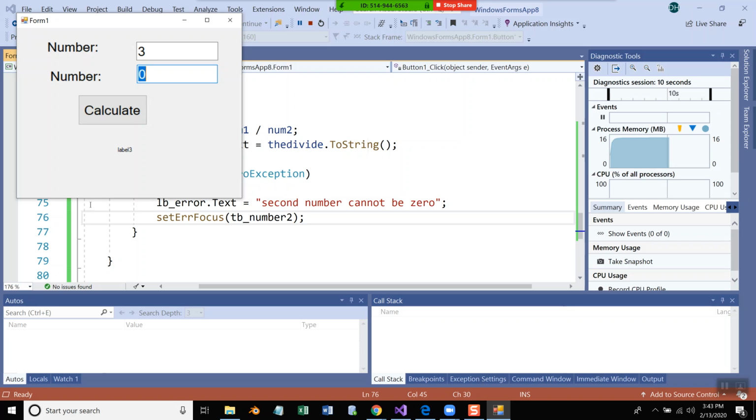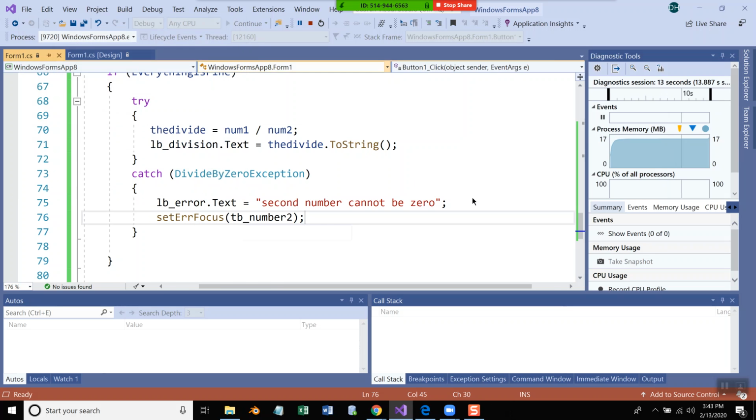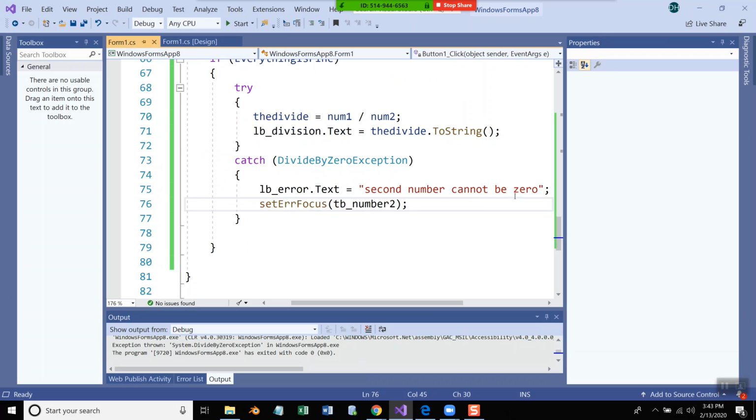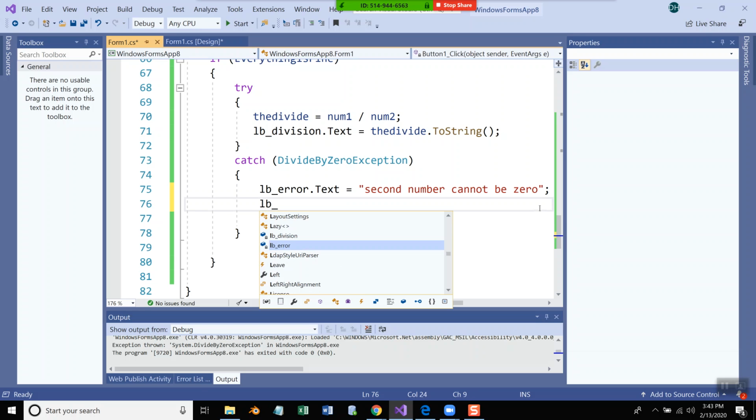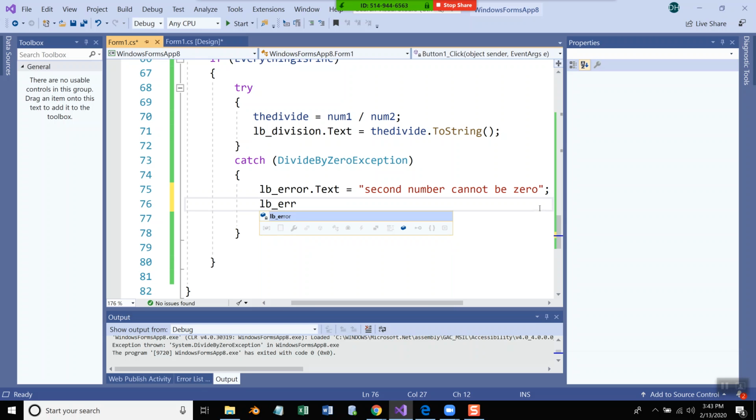Did not. Oh, I didn't make it visible, did I? So LB underscore error dot focus. Not focus. Visible